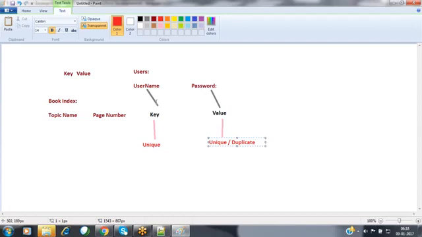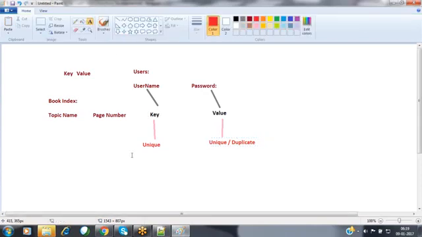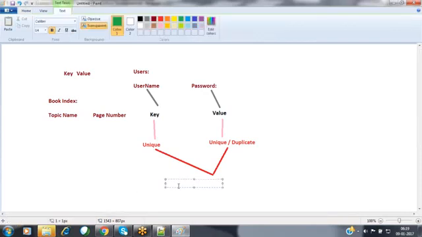Now, whenever you specify the key and the value, we have to specify two data types here. One is for the key, the second one is for the value. Now, what will be the data types? Whenever we have a key and a value, these data types may be any data type. Nothing but the key and the value may be any data type, like primitive type,